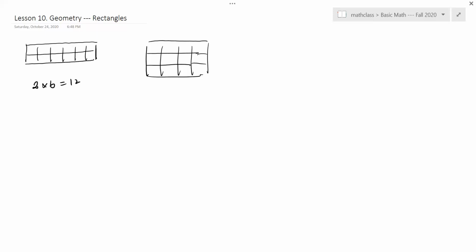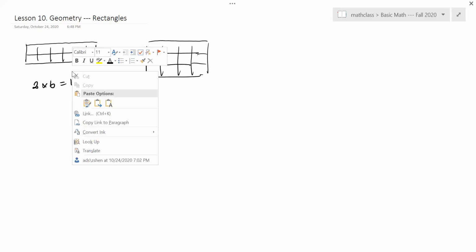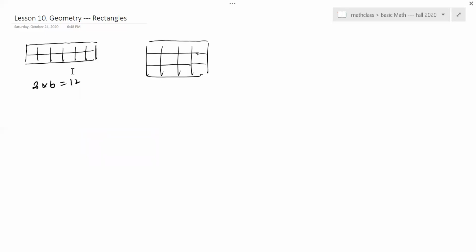Then here, each row has only 4 squares, but there are 3 rows. So the total is 3 times 4, which is 12 squares. So that means they're the same. There's no difference, they only look different, but each one contains exactly 12